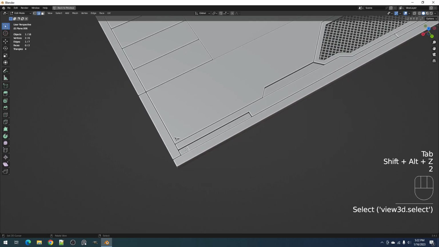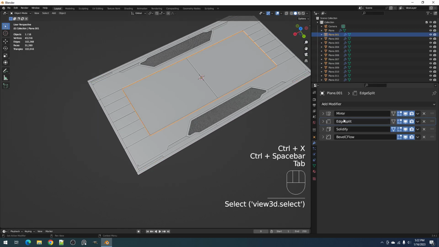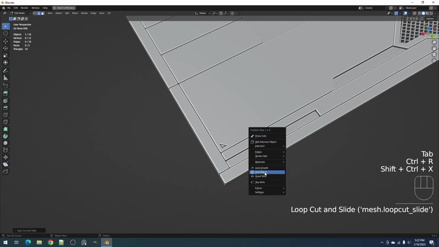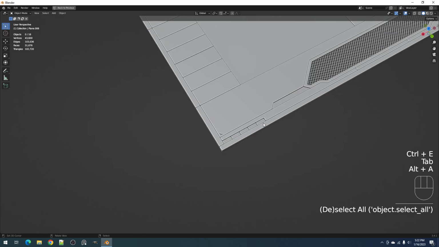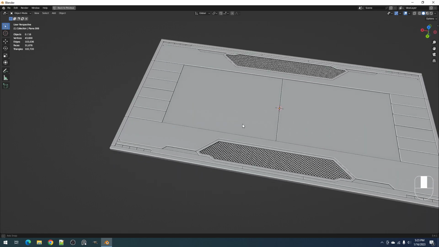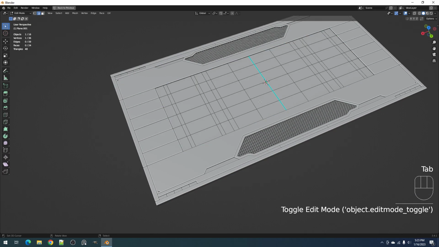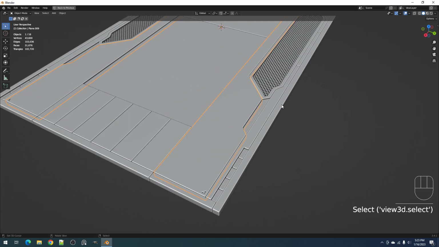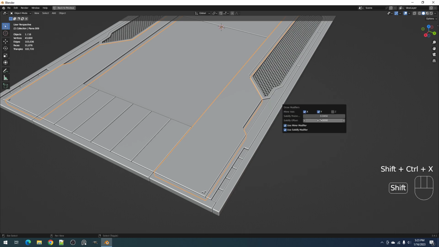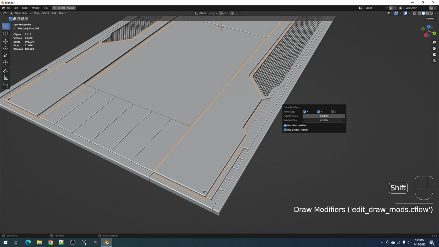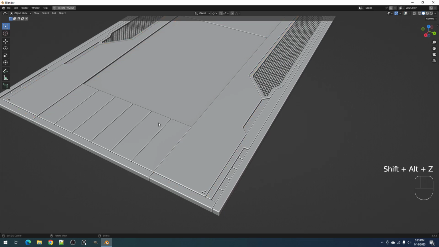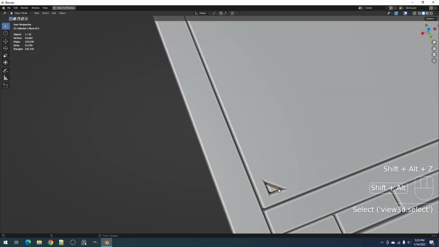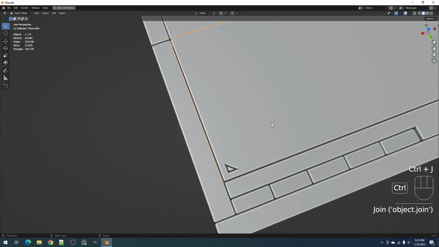You can still do this. Each of these objects still has the modifier setup to create the effect, and you can still mark sharp this and create the intended effect. Let's raise this up a bit. So draw modifiers. You can either go for the thickness or the offset. There we go. And if you want to join the two, you can just click two objects, Control J, and